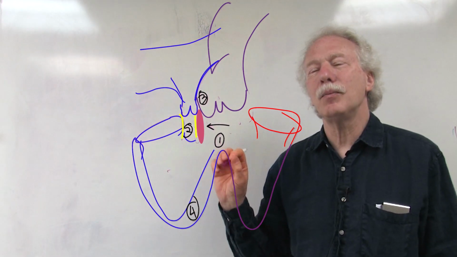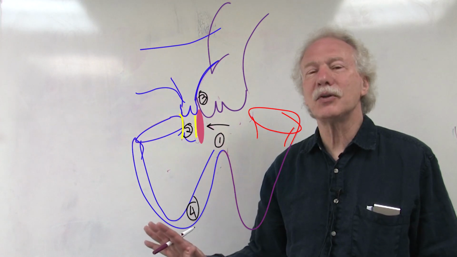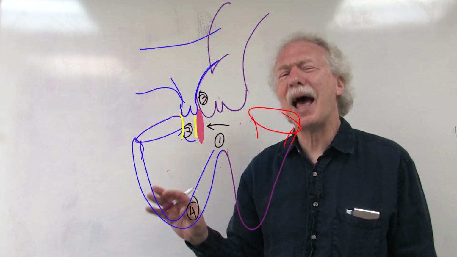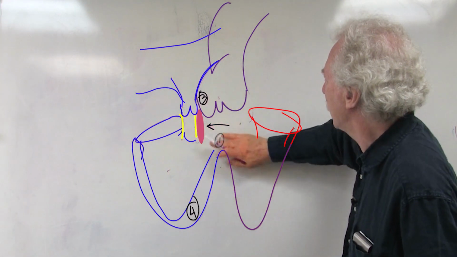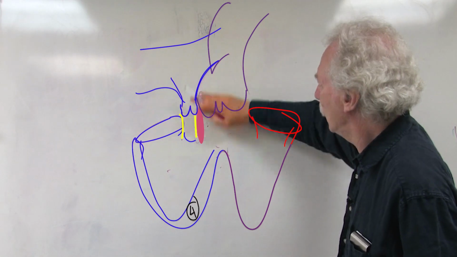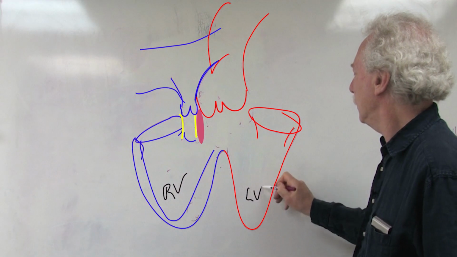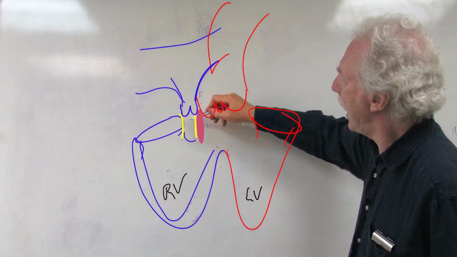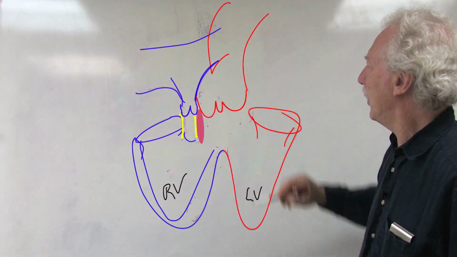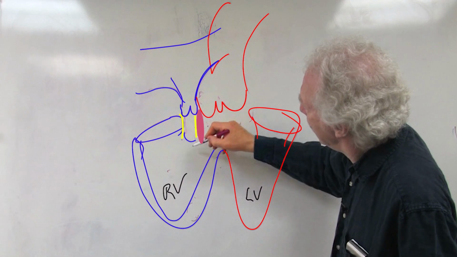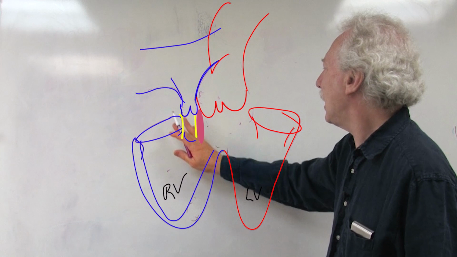Tetralogy varies a lot in its presentation, its time of presentation, and that all follows from the anatomy. So let's take this example that I drew for you. I'll get rid of the numbers. And what we've got here is a right ventricle, a left ventricle. We have our VSD, we have our narrowing under the pulmonary valve, under the pulmonary artery, and we have our aorta. Now, if this pathway out of the right ventricle to the pulmonary artery is not all that narrow,